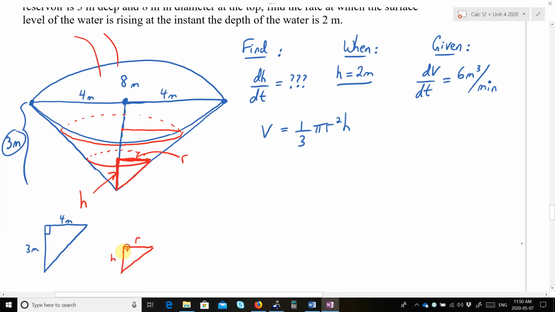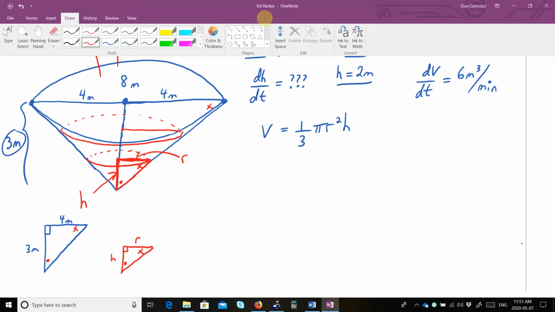h and r, and they've got 90 degrees in common. They have this angle where it's the same angle for both of them, which comes from right there. And then this angle here is equal to this angle by either third angles, or you can see parallel lines, corresponding angles, however you want to call it, okay? And when you have two triangles that have equal angles, those are called similar triangles, and the sides are proportional. So,